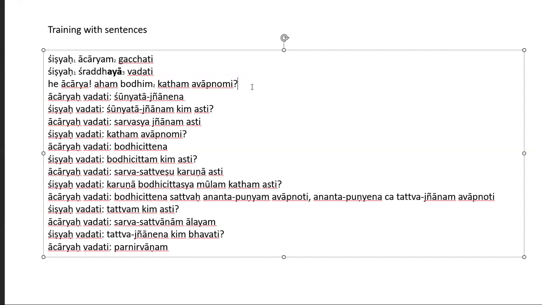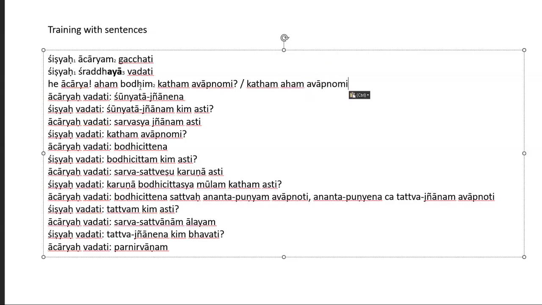My teacher, how do I obtain enlightenment? Exactly. How do I? Yeah. In English, we would say, how do I? Exactly. Excellent. And those who have forgotten from last time, you might be wondering about the sentence structure, right? Because it says, O teacher, I enlightenment how obtain. Now in English, we would say, how do I